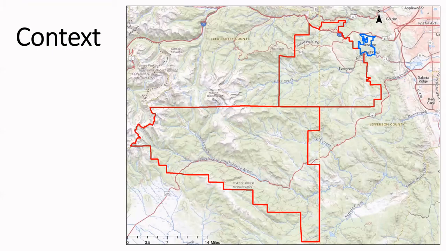So I want to just give a little context of where we're working and where we've done this so far. In the northeast corner here, that pinkish area is the Denver metro area. So we are working just southwest of Denver. And we've completed 2 CWPPs that have included this post-fire modeling so far, which is Platte Canyon, the big one to the southwest, and then Evergreen.